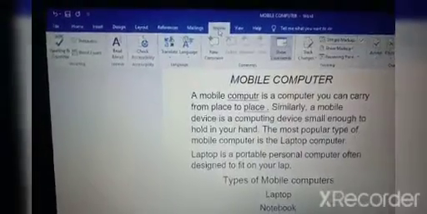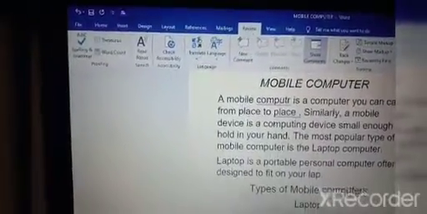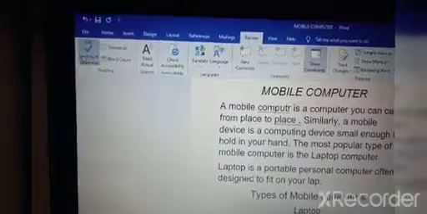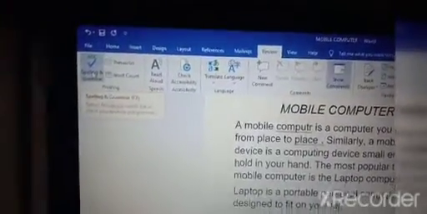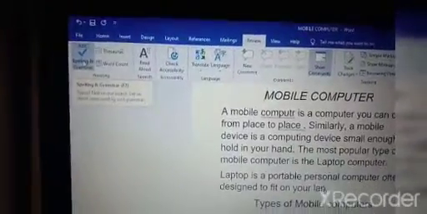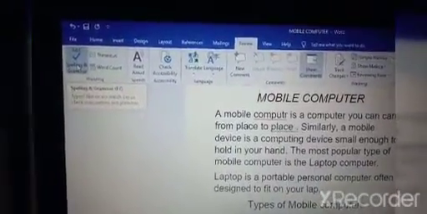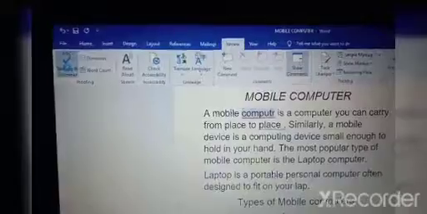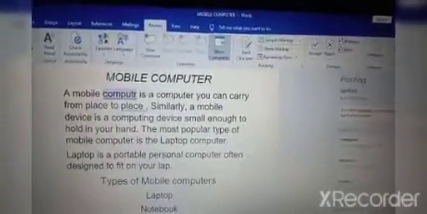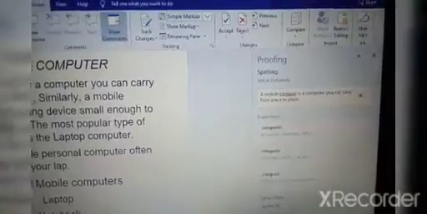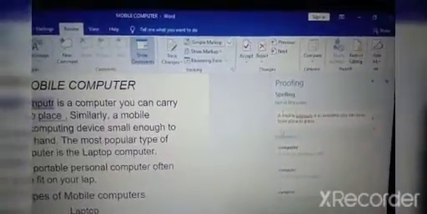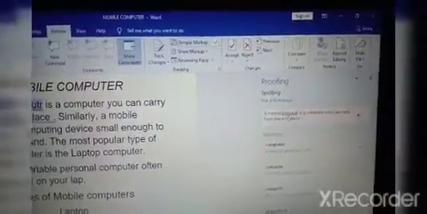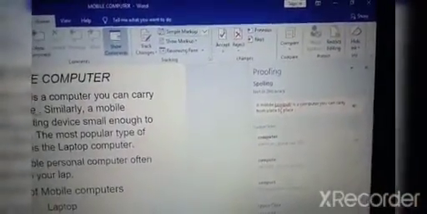Okay, in this Review tab, you will get a spelling and grammar check option. Just click on Spelling and Grammar, and you can see the first word it is showing here. In the proofing window you can see the word with the red underline.